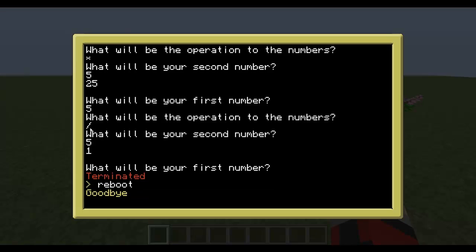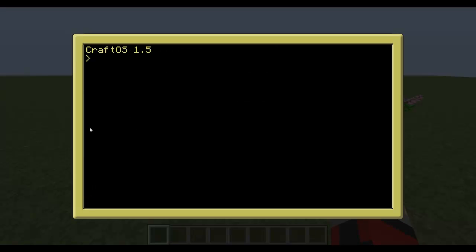That's basically it. You now know how to make a useful script in ComputerCraft. You've learned variables, if statements, whiles, and